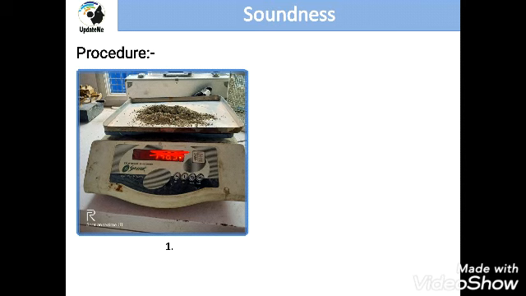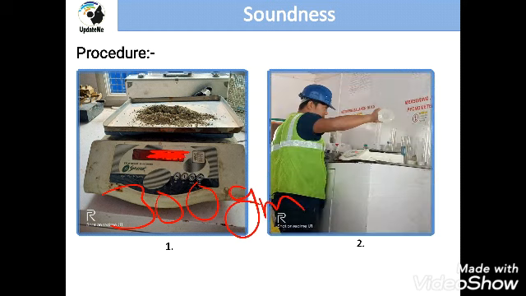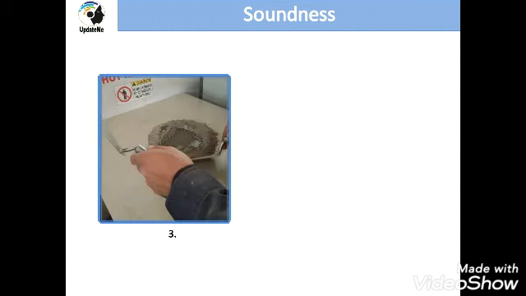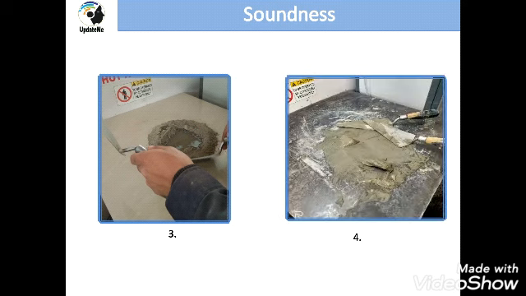First we will measure the weight of cement. Let's take 300 gram. Next, measuring the water, as we have seen, 72.54 gram. After that we will properly mix the cement and water. We will make the paste for 3 to 5 minutes. The temperature of the room and water should both be 27 plus or minus 2 degrees.